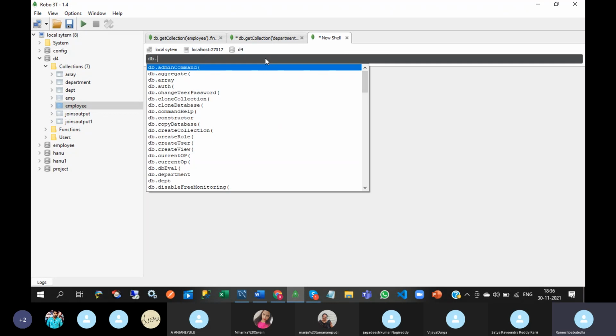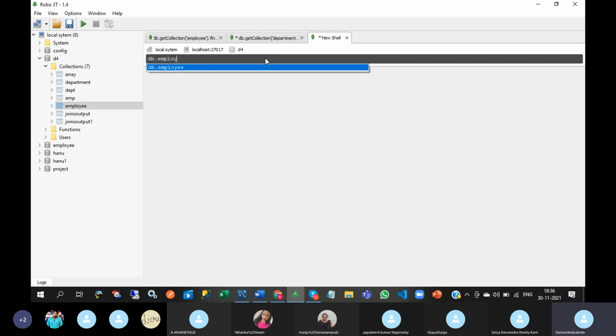db.employee.aggregate. This is the aggregate syntax, with square brackets and curly brackets. After this, a comma.